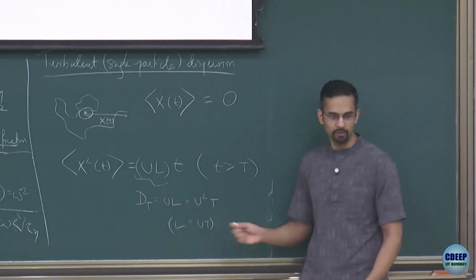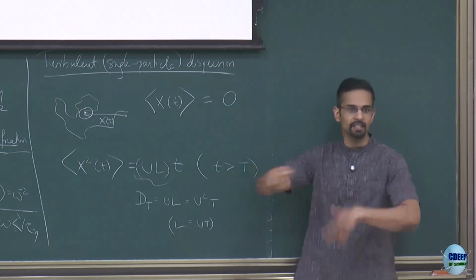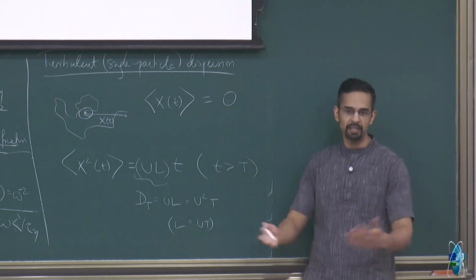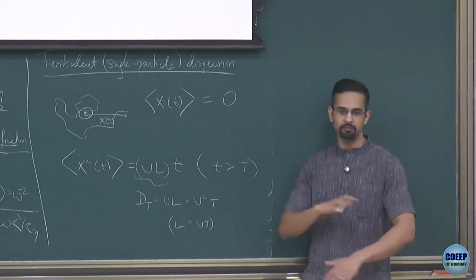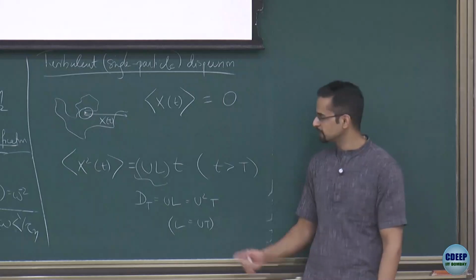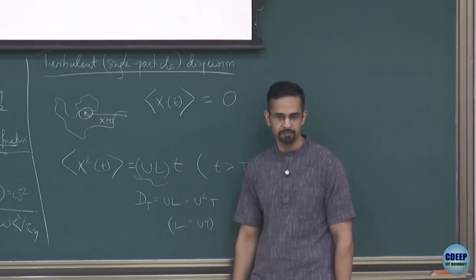And this is what does happen. If you release a tracer and wait for very long times and look at the long time behavior, the turbulent motion will replace a kinetic gas. It's like each eddy is acting like a different gas molecule just moving around randomly. And you get this kind of effective diffusion behavior on large time scales.